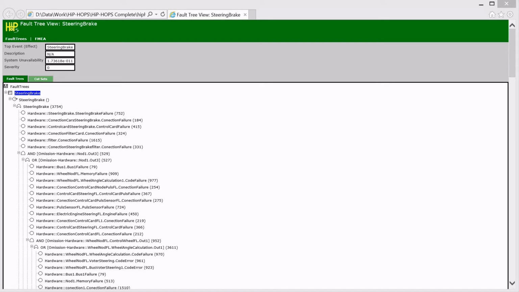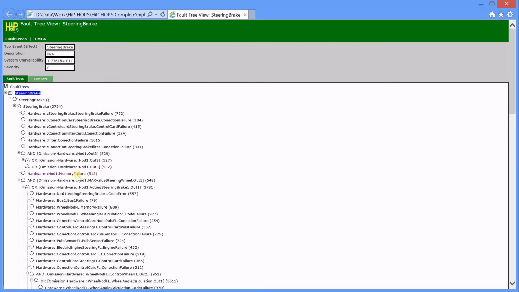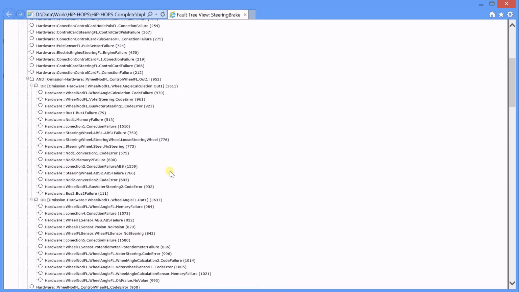It uses a JavaScript folder view, the kind of thing you might expect in a file view system, but we've redesigned it a little bit so that it shows a fault tree. In this case we've got a steering brake. It starts at the top with an OR gate, and underneath it some basic event nodes, here an AND gate. You can do things like minimize sub-branches so you can see what's going on. But this is a fault tree, quite a big one,